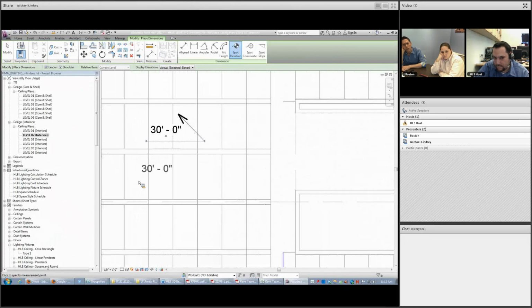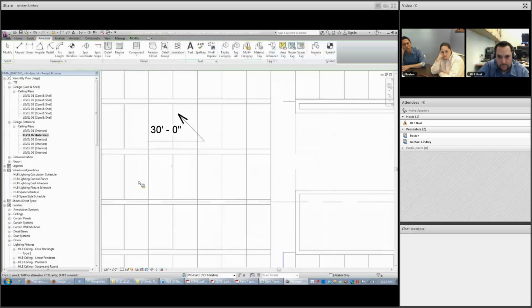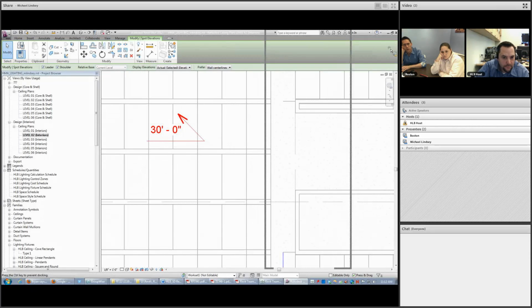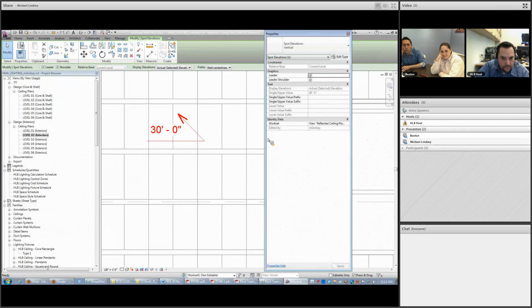Oh, because you need to take it from its properties. There they are. The relative base should be current level. Yeah, it should be current. Can you pull that down or not? No, it's grayed out.